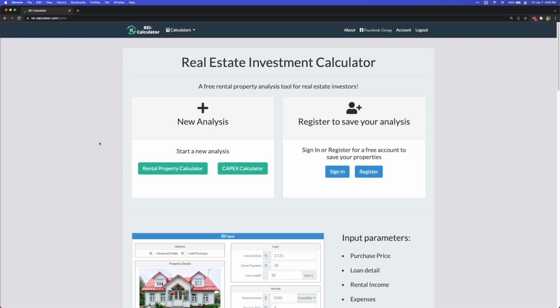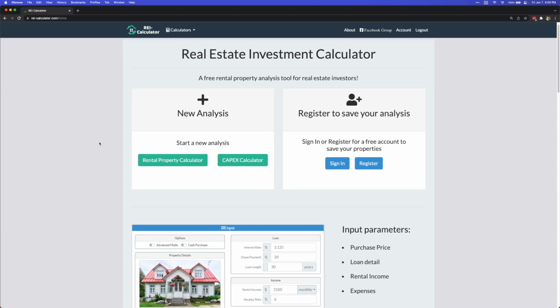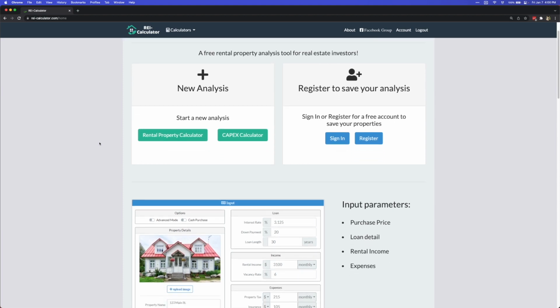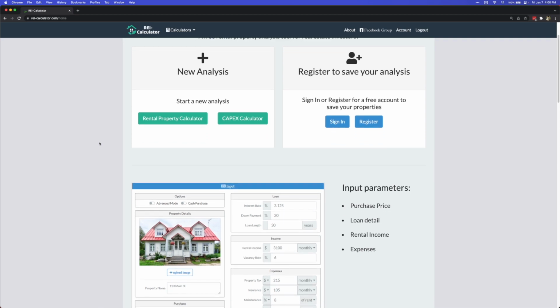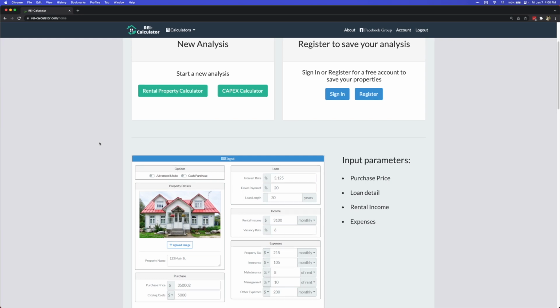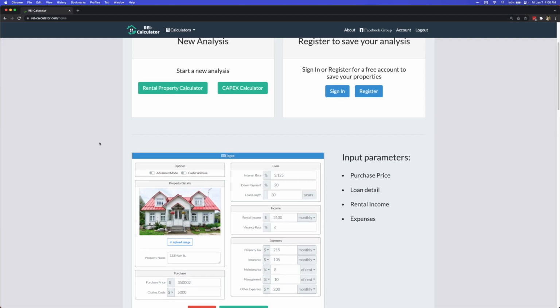Today I'm going to show you an easy way to analyze real estate investment properties using rei-calculator.com. This is a 100% free online calculator that can be used to analyze, save, and compare your rental investment opportunities. In this tutorial, I'm going to take you through a complete analysis from start to finish using a property I